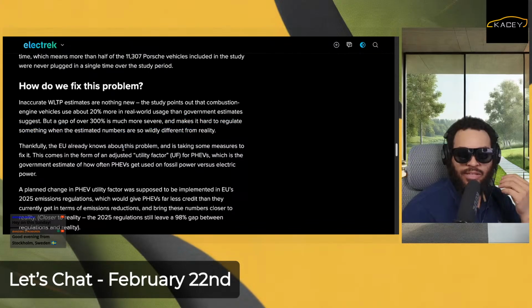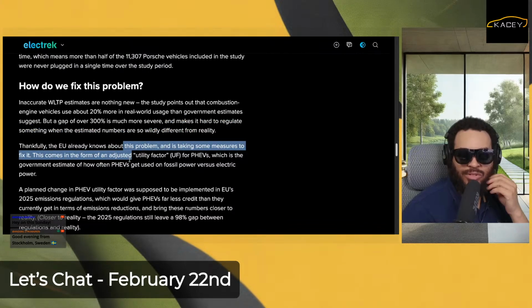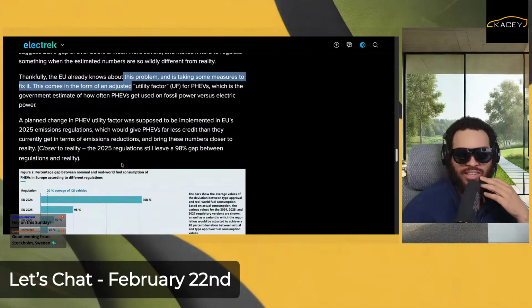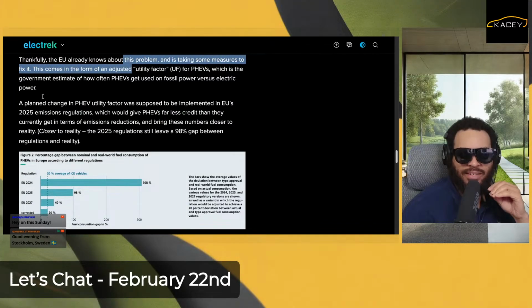Thankfully, the EU already knows this problem and is taking some measures to fix it. This comes in the form of adjusting the utility factor for PHEVs, and that's what the manufacturers are fighting. They don't want to change anything. A planned change in the PHEV utility factor was supposed to be implemented in the EU's